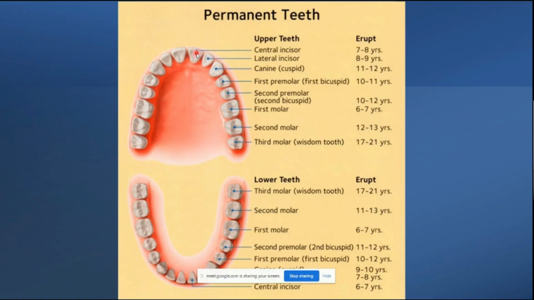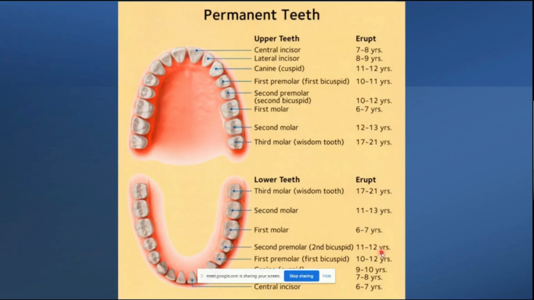That is your lateral. Okay, and then again come down. So 9 to 10 is your lower canine. All right, and the upper canine comes a bit later. Before that, the first premolar and second premolar come at the age of 10 to 11, 10 to 12. Okay, and again the same thing with the lower, 10 to 12 and 11 to 12, the premolars.